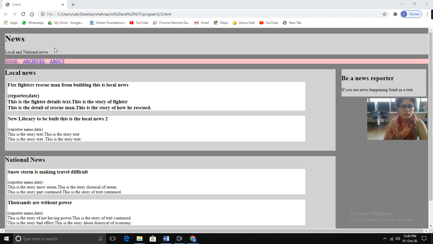So this is the width and this is the height, whatever we have provided. I think 20 we have provided. This is the navigational part. The color that I have provided is pink, so that's why this is in pink color. This is the width, which is 100%, and this is the height of the navigational tag, which is 10%. Okay, so we have provided CSS on these two tags.